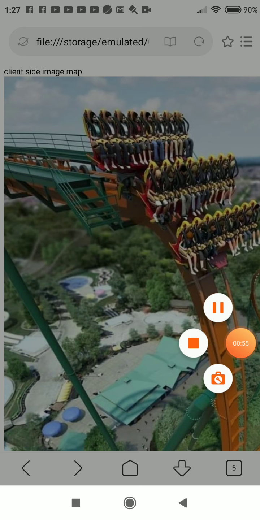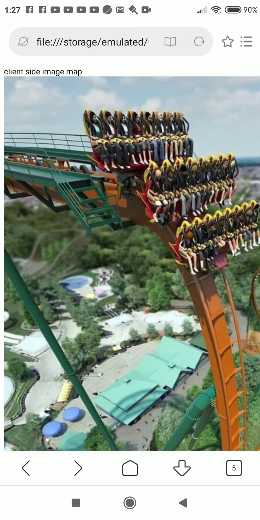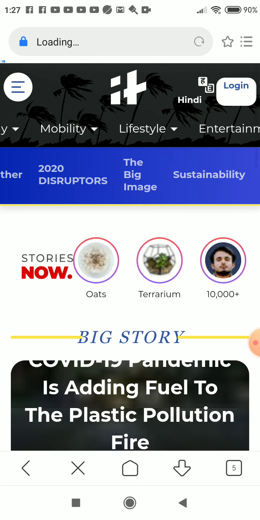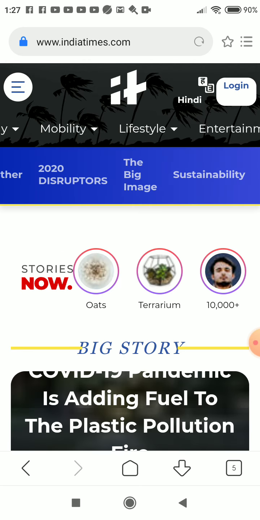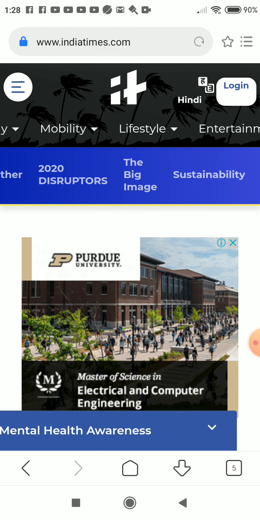See now, this image I had opened in the browser. First we'll see how it runs. On this image I had created links on the three shapes: rectangle, polygon and circle. When I clicked here, I had told the program that it should open the site indiatimes.com.